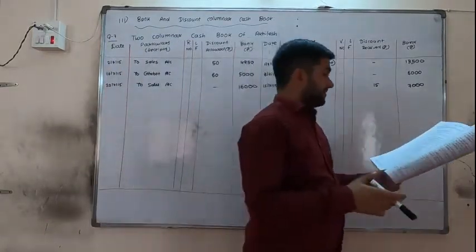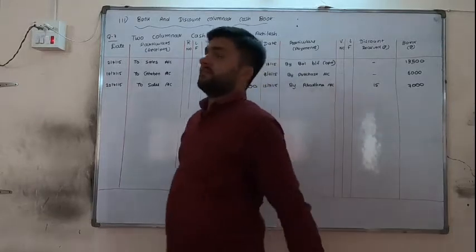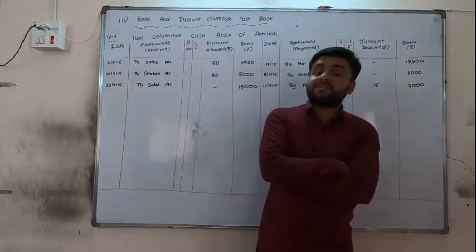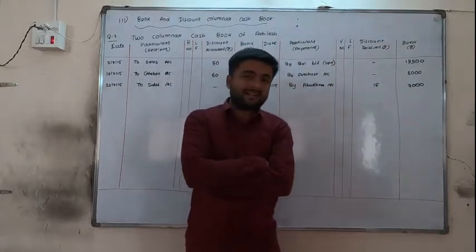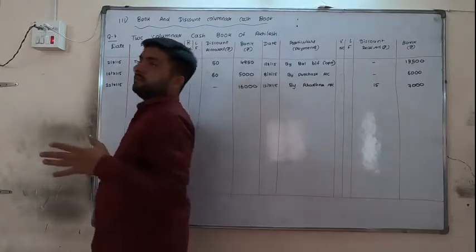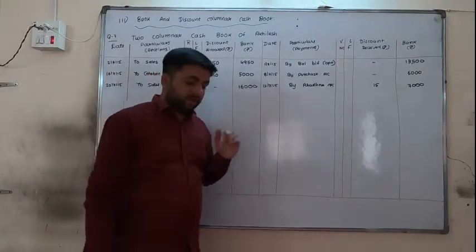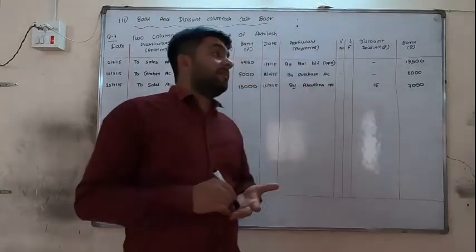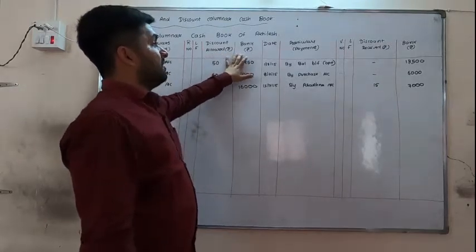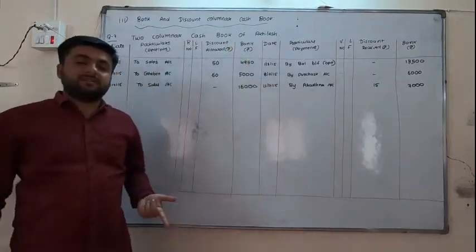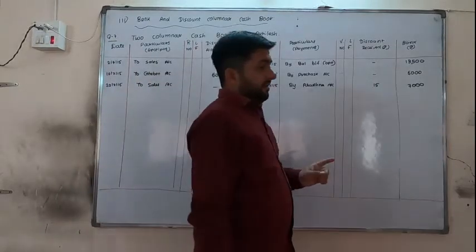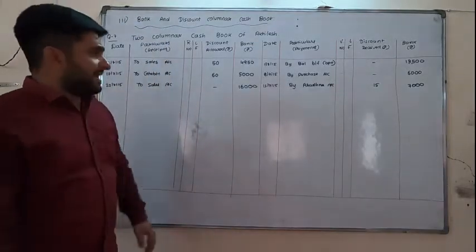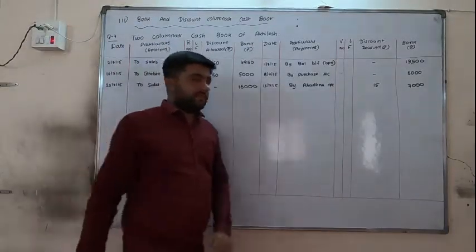Next, cash of 2,000 is deposited in bank. Again I will repeat for each and every one. Here we are depositing the cash into the bank. That is correct. But don't understand this transaction as a contra transaction. The reason is simple. A contra transaction can only occur when the columns of both cash and bank are there. Without both cash and bank, this is not possible. We are depositing the money in the bank, so bank is the receiver. Only it will be shown on the debit side.